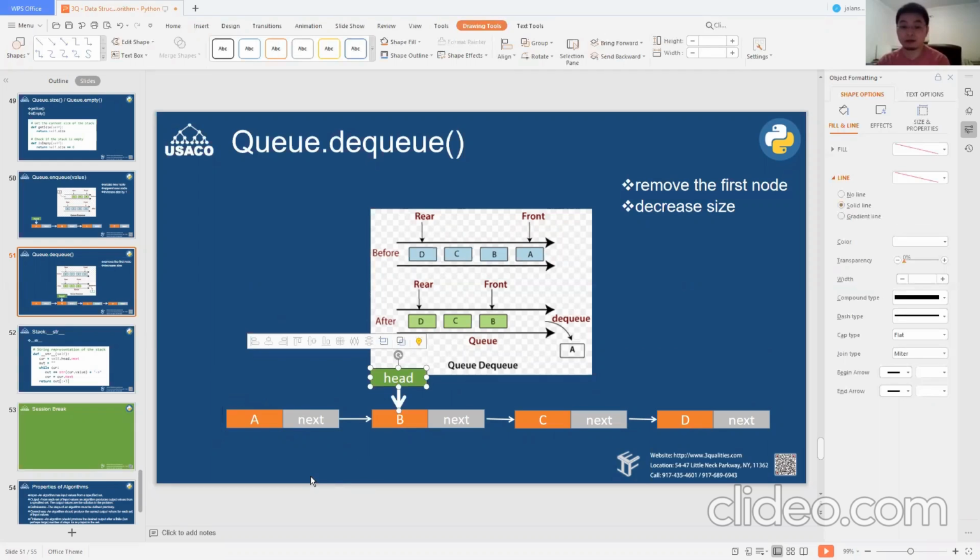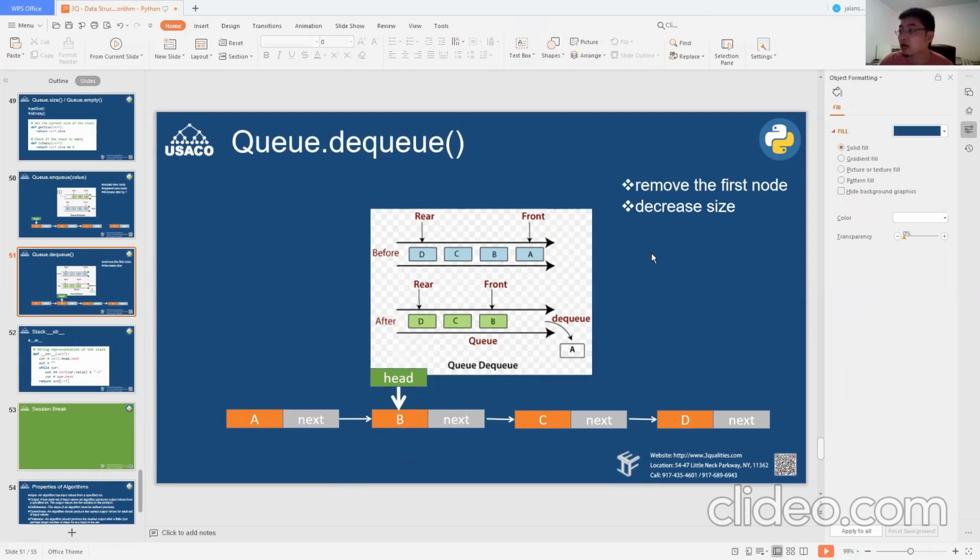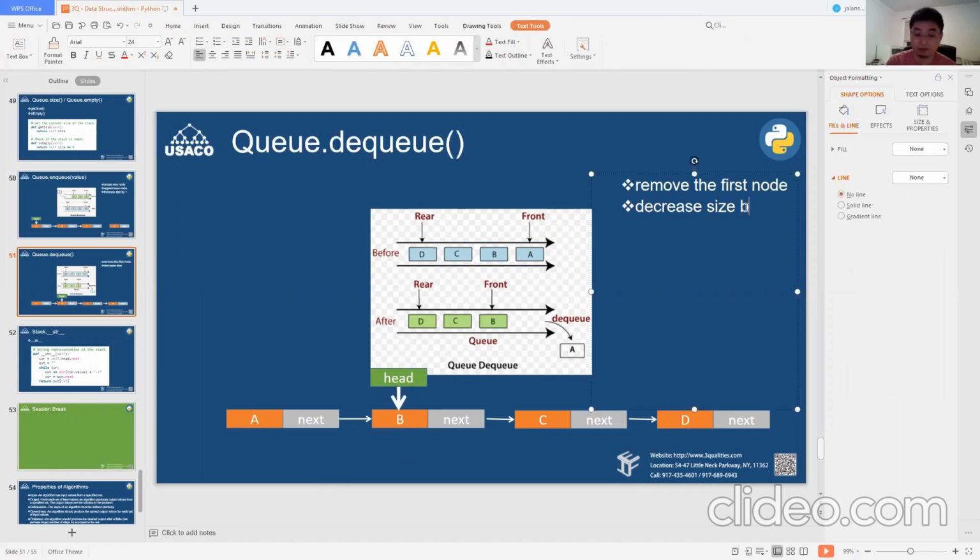Then head starts from the original second one. This basically removes the first one out of the list. And of course, the last step is always decrease size by 1.